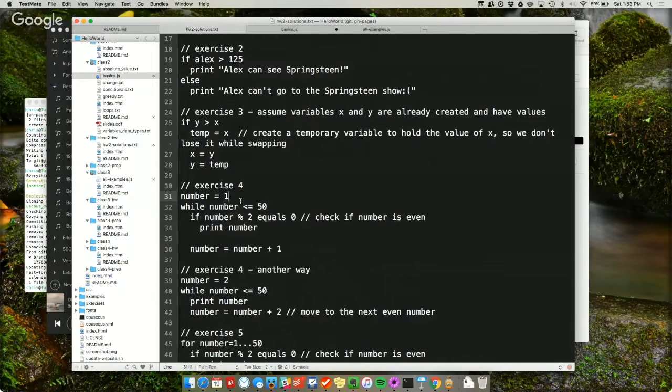For this one, I created a variable called number that's just going to go from 1 up to 50. Each time I go around in my while loop, I add 1 to number. My test condition is that I'm going to continue to loop as long as number is less than or equal to 50. All right, so once I'm inside my loop, what do